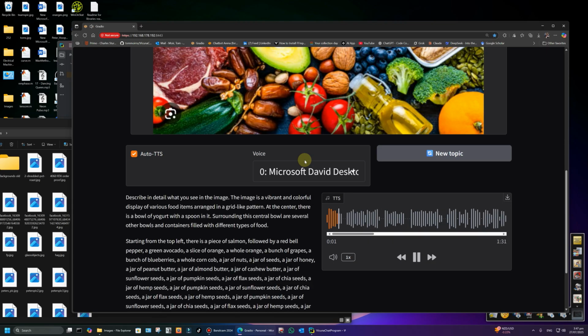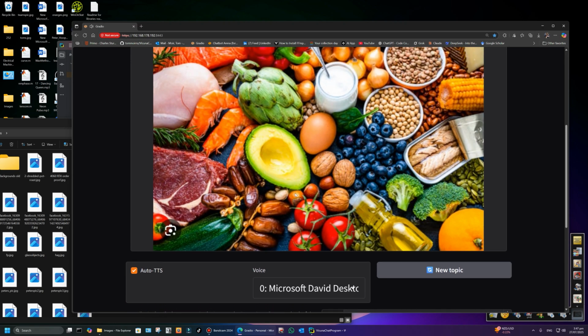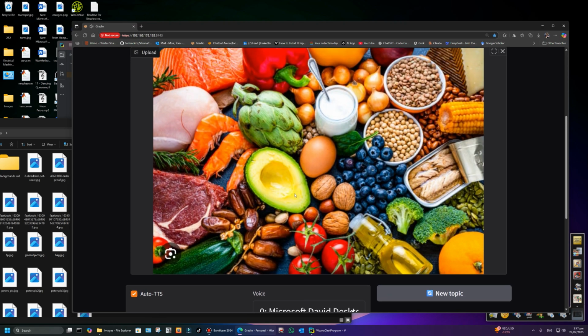Describe in detail what you see in the image. The image is a vibrant and colorful display of various food items arranged in a grid-like pattern. At the center, there is a bowl of yogurt with a spoon in it. Surrounding this central bowl are several other bowls and containers filled with different types of food. Starting from the top left, there is a piece of salmon, followed by red bell pepper, a green avocado, a